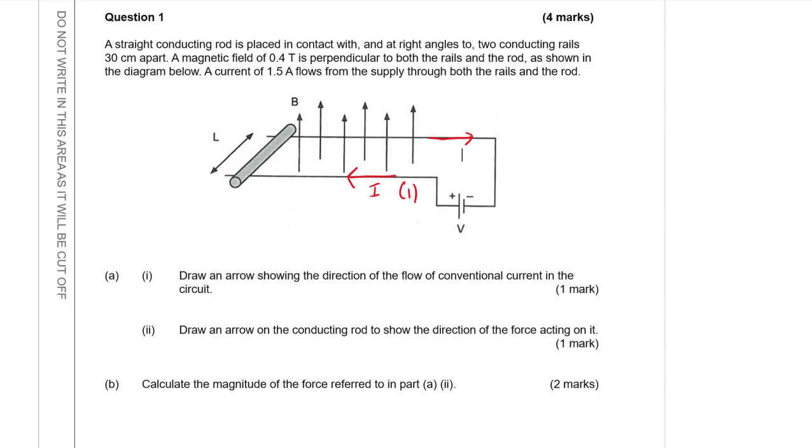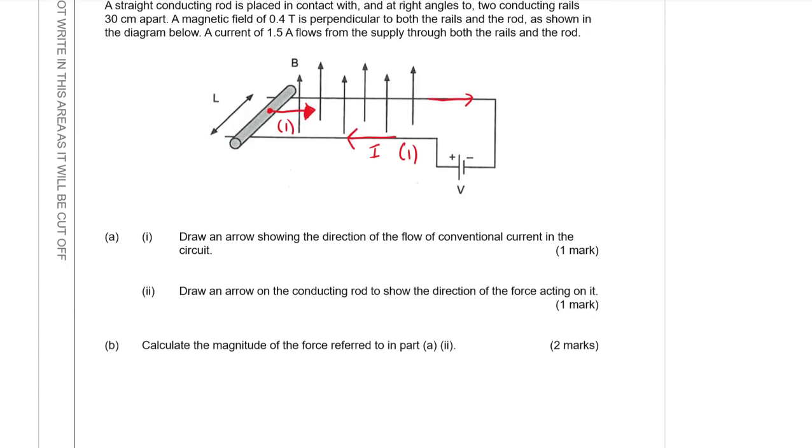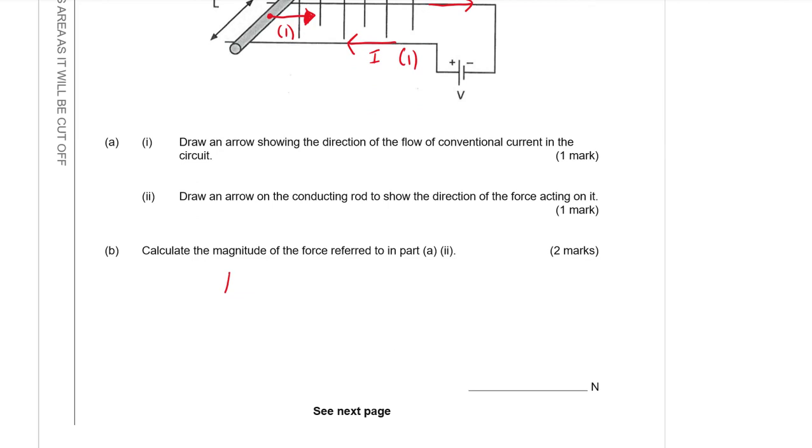The second part is to draw an arrow showing the direction of the force on this particular rod. So if you have your current, it's going to be going sort of into the page, that's your thumb, and then you get your fingers and they point upwards, then your palm should face towards the right, and there is your second mark. So then to calculate the magnitude of the force, what you want to use is F equals